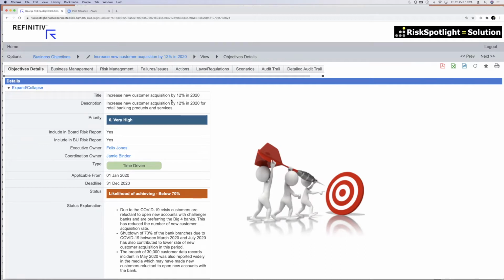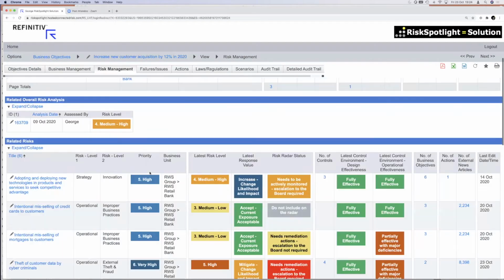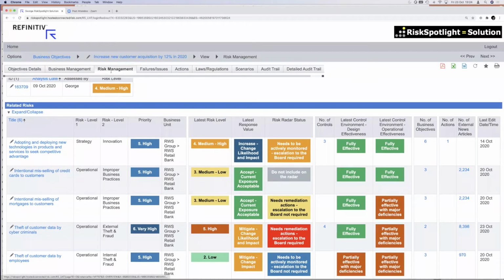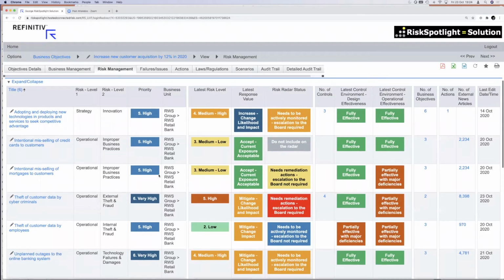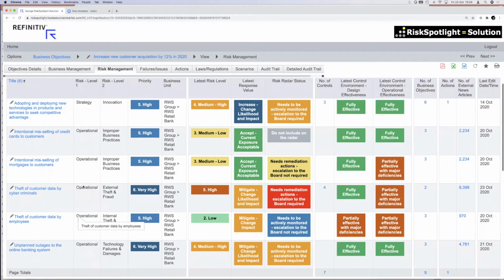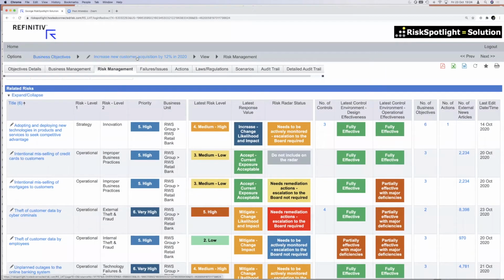So while I am doing that, if I can also get an idea of what the risks are that I need to manage so that I can be successful in achieving this objective, then that's where you're able to see all the risks associated with just that one business objective. So you're not looking at the entire risk register of your business unit. Now you can see that if I manage these risks successfully, then I will increase the likelihood of achieving that particular business objective. So I can see a direct connection between what I'm doing on a day-to-day basis and the risk thinking as part of that, rather than doing my day-to-day thing and then doing risk management as a separate thing.